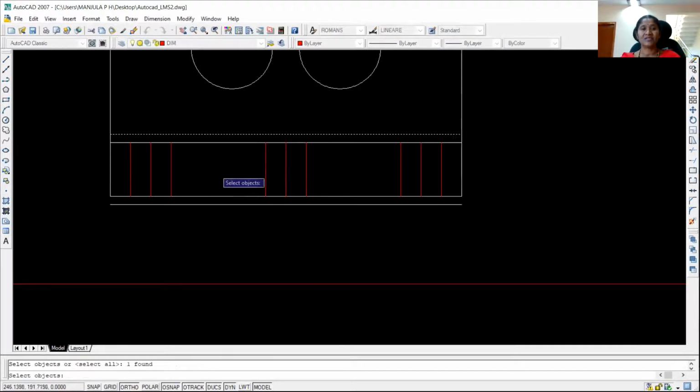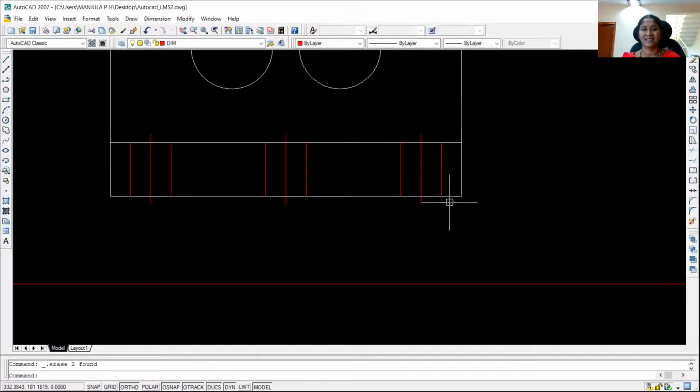Select the boundary through which it has to be extended, press the enter key. Now you select the center lines. This line will be extended on this side. Again, you select, it will be extended to that end. So you select the center lines to extend. Now you remove the lines that I had drawn in order to extend the center lines.